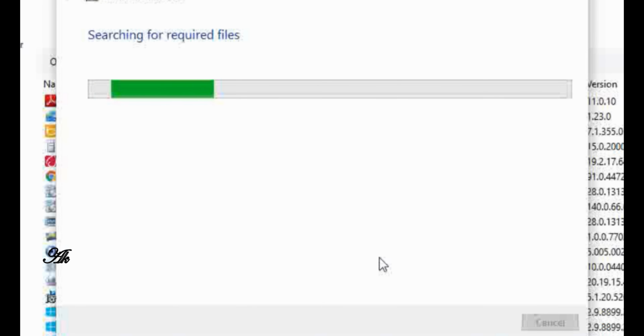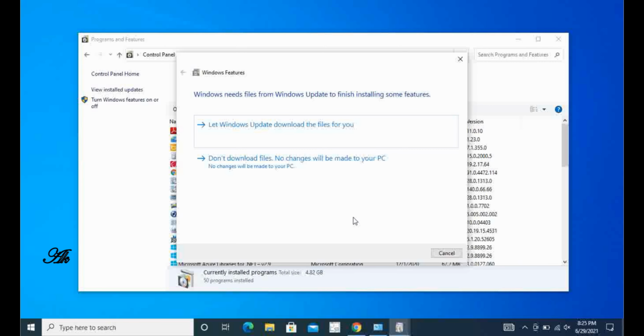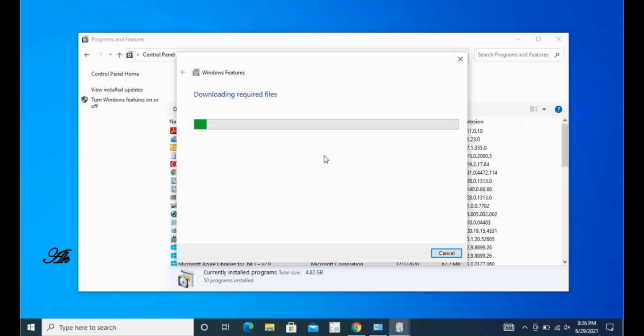Then it will automatically download all the required files to run IIS in your system. Just let Windows Update download the files for you. It will automatically download all the necessary items and settings in your system.